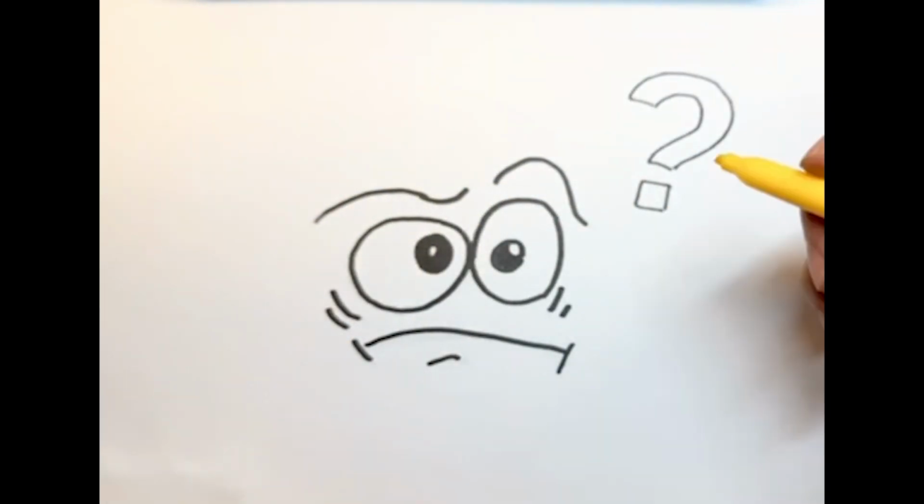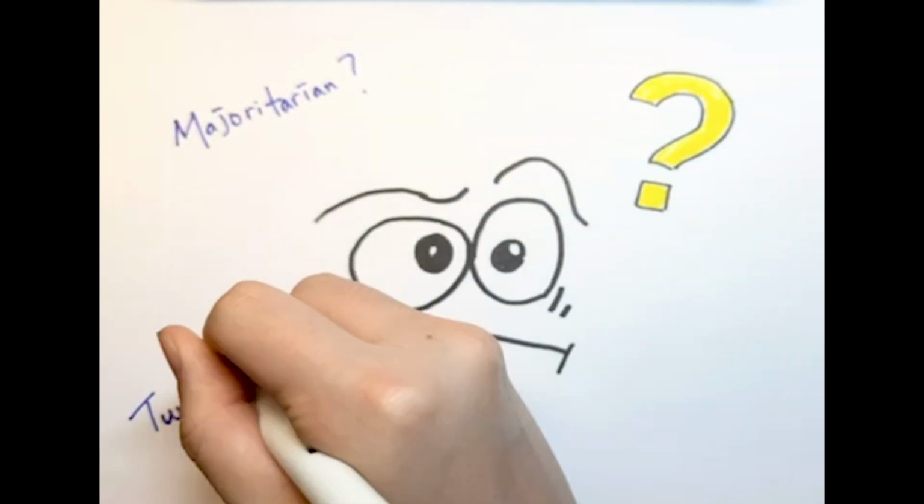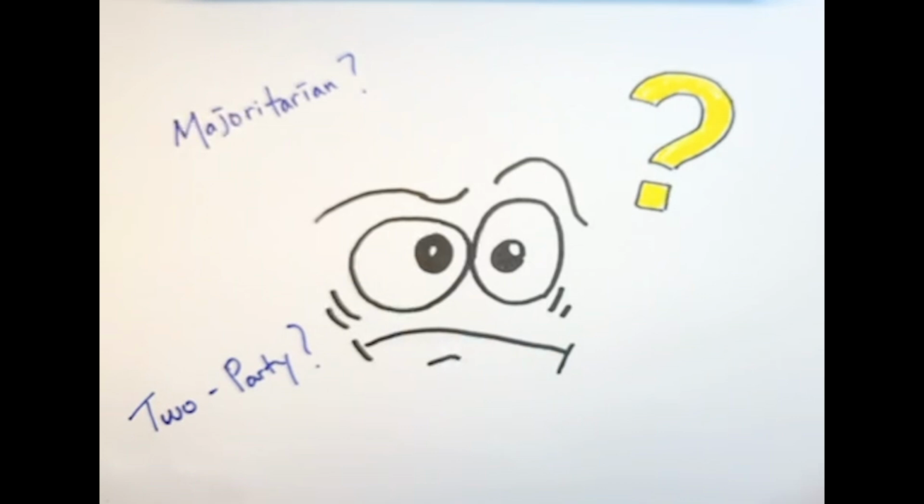After all, it isn't often that we use words like majoritarian or two-party. However, majoritarian simply means first past the post, or when a candidate with the most votes wins. Two-party system is when only two parties have a chance of getting elected or holding power, like we see in modern-day America. These concepts are simple enough, but to understand what the median position is, we first need to understand